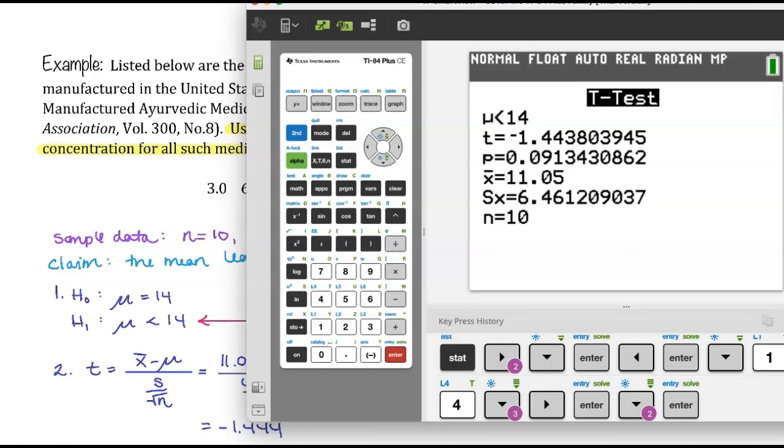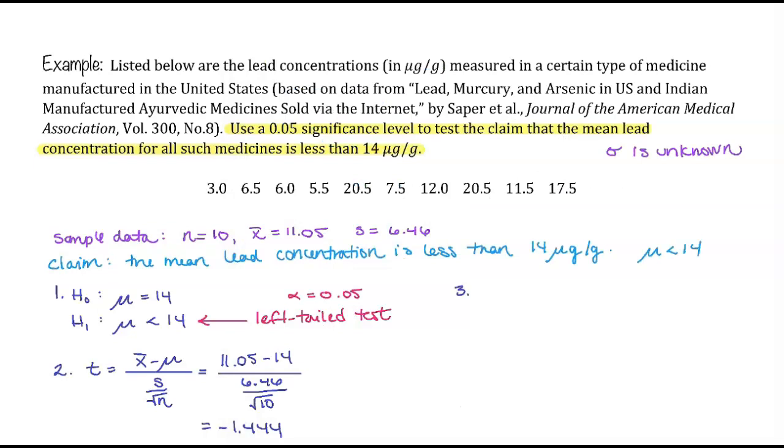Notice that this also gives us the sample mean of 11.05 and the sample standard deviation of 6.46. From the t-test, we were given the p-value of 0.0913. And in order to state our conclusion, we can simply compare the p-value to alpha. With a p-value of 0.0913 and alpha equal to 0.05, we find that our p-value is greater than alpha, and we fail to reject